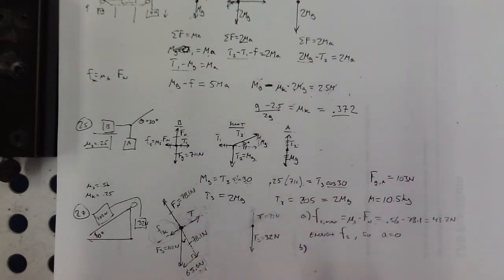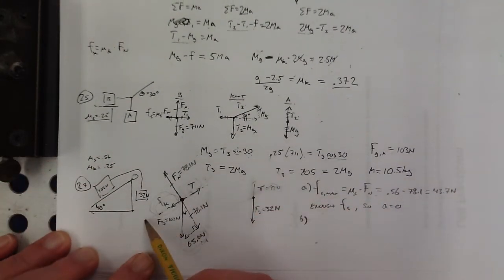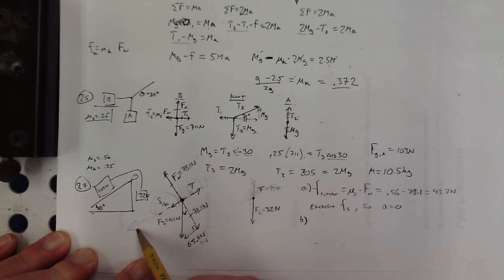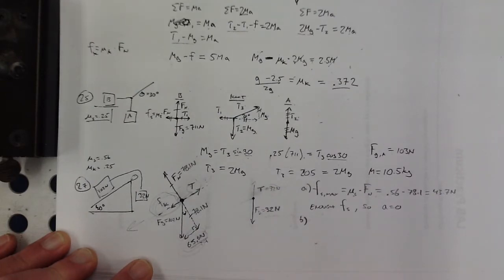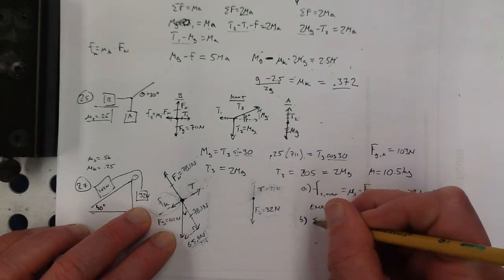So I could be wrong, and if I am wrong, and I do all my work right, I'm just going to get a negative number for the acceleration, which will tell me, oops, you picked the wrong direction. But I'm pretty sure that the direction of the acceleration is going to be this way down the ramp, because I've got this, and that's a whopping 65.6 newtons compared to what's going on over here. So that means that my,